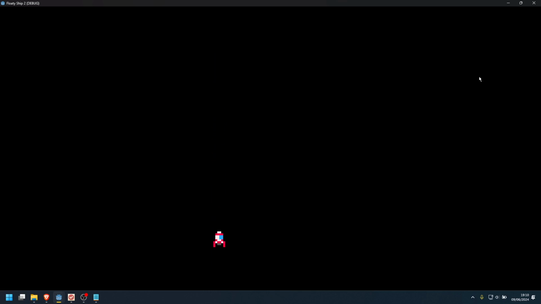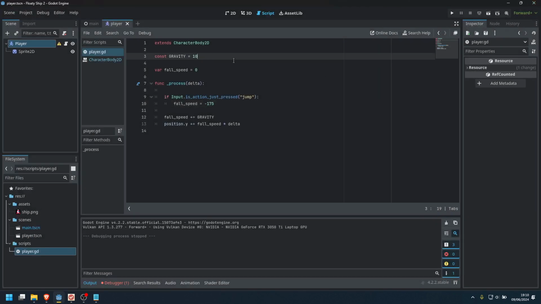Okay, it's kind of working. It kind of has the feeling that I had in my first version of the game. Okay, I may retouch this, but let's just make it